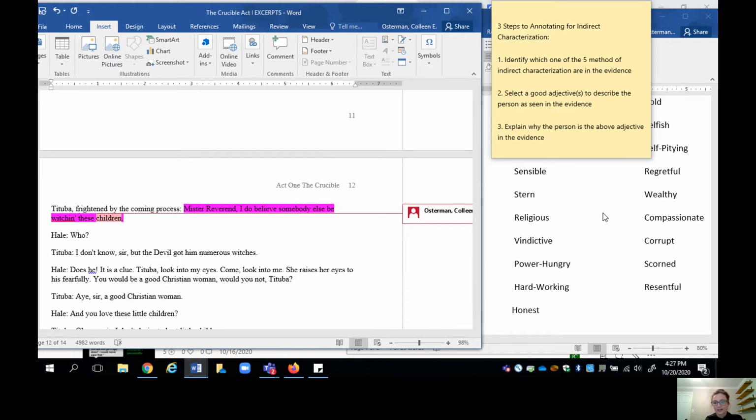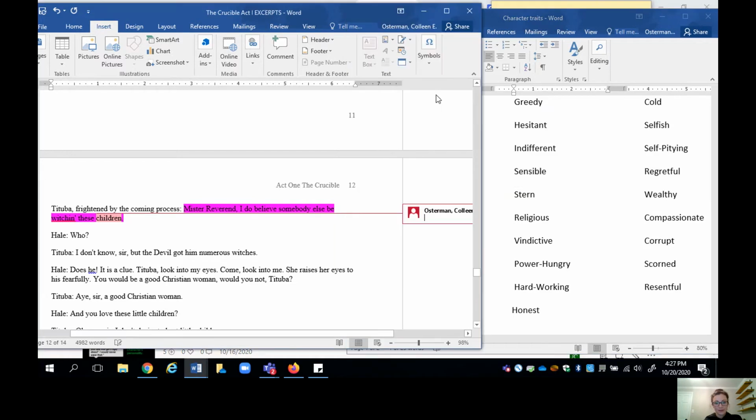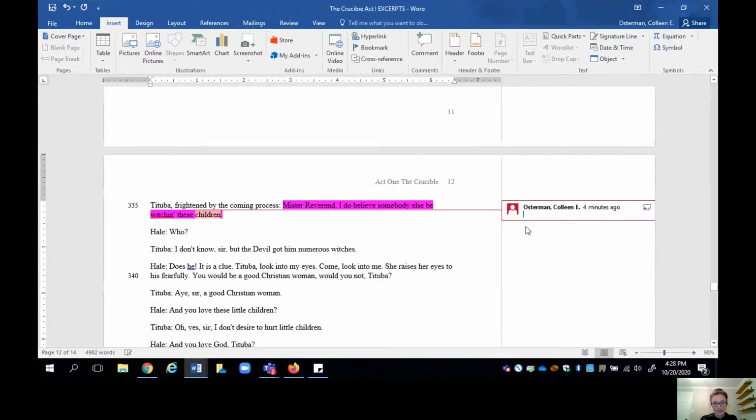So if we look over here, a word that would describe Tituba might be intelligent or sensible. Sensible means she has sense in her brain. She knows what's happening. So I'm going to say that Tituba's action show that she is sensible